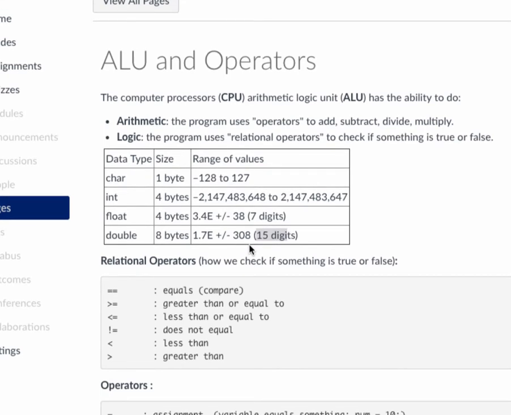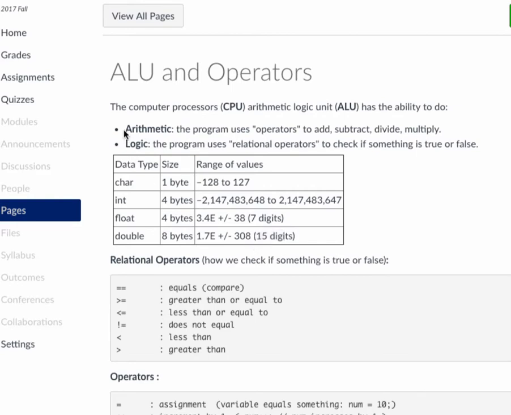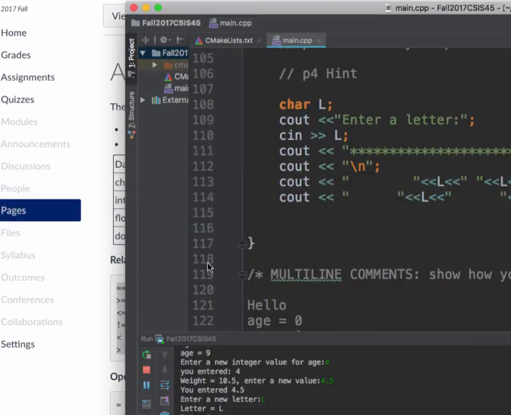Today, though, we're going to focus on what I already told you about the arithmetic and logic unit. We're going to talk first about these relational operators. The way we check to see if something is true or false